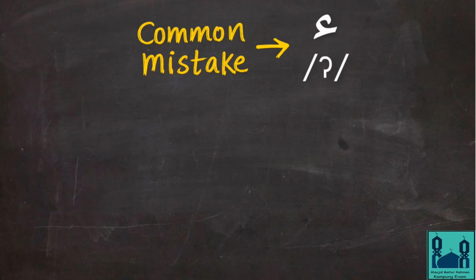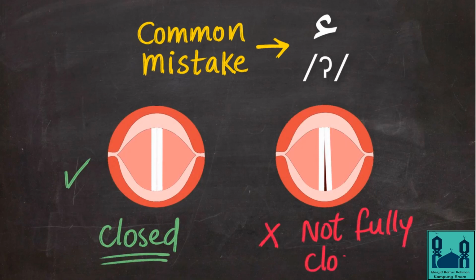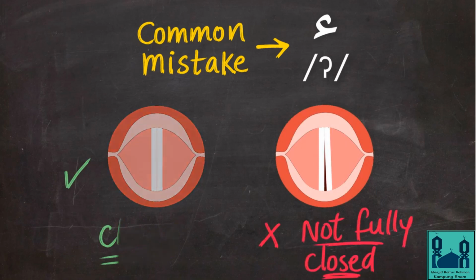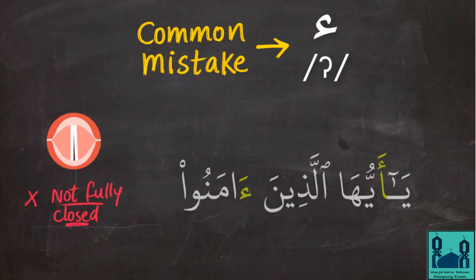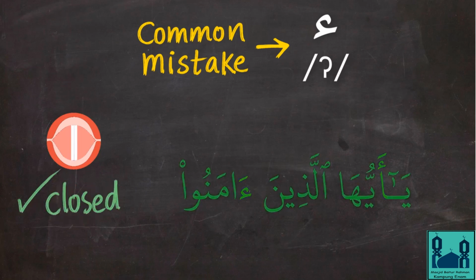The first common mistake occurs when the vocal cords are not fully closed, which then makes the hamza almost not audible at all, especially when it is in the middle of the word. Like when we say, يا أيها الذين آمنوا. Instead, you should always make sure that you're making that cutting sound of hamza produced by closing down the vocal cords completely. And say, يا أيها الذين